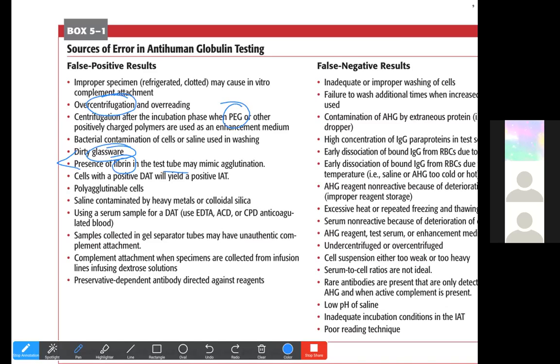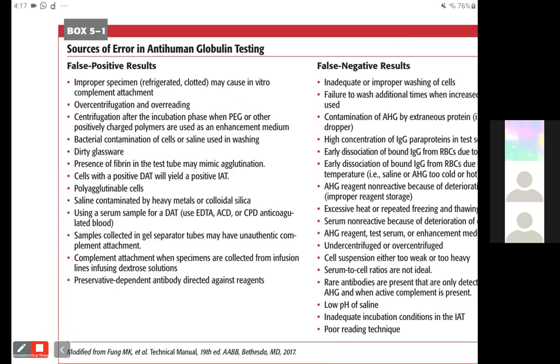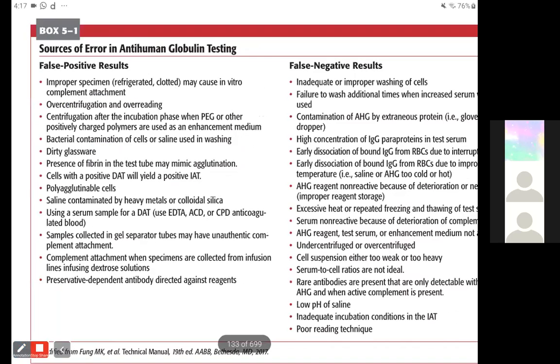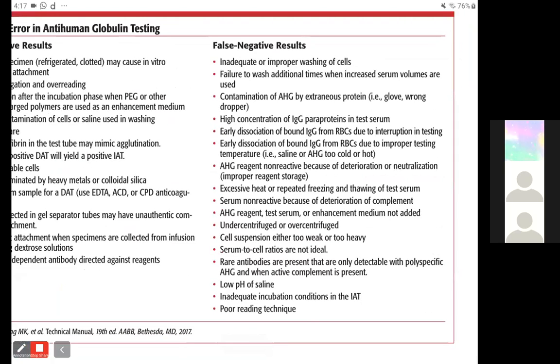So this in a way sums up the false positive reactions that we can see with AHG reagents. Then coming to the false negative results, of course, they will be like the opposites of what we have seen so far. A false negative would, if we start from the cells that we are using, the reagent cells,